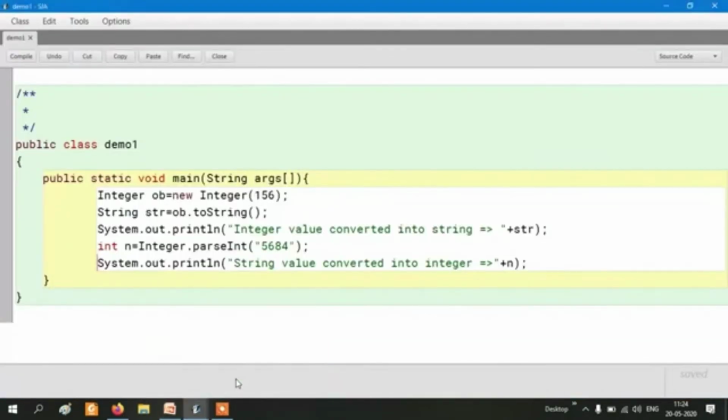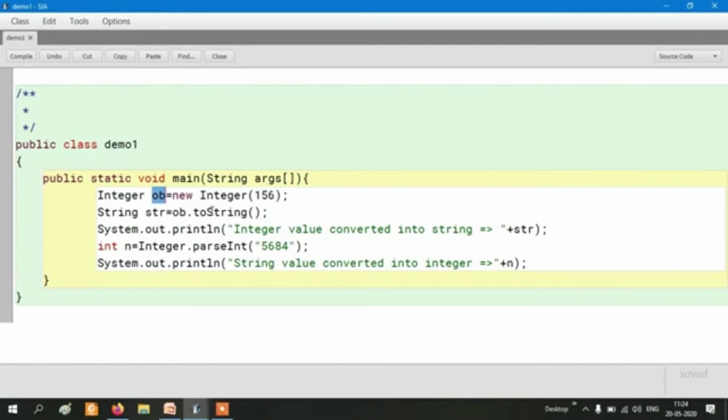Now here I had created a program where I'm using Integer object, Integer is your wrapper class, ob is your object, and new is used to consider the value. Now when we use this parse, it will convert the integer value to string data type.